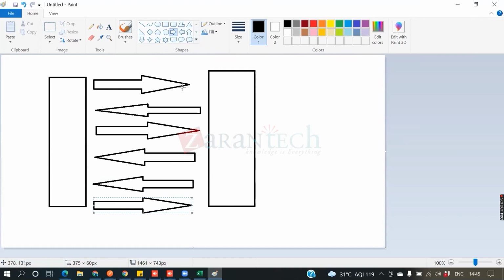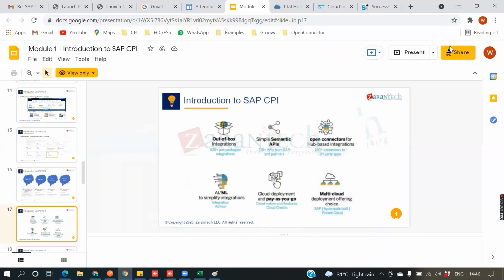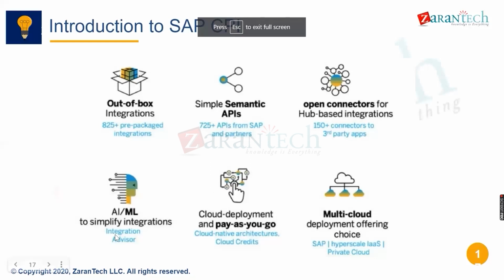This is the automated process when it comes to EDI. Once you send a purchase order, the system itself will create the sales order, then send the delivery and invoice, but finally you have to do the payment. This comes under the automation process, and the same thing is applicable in the integration advisor. Now, the second one is